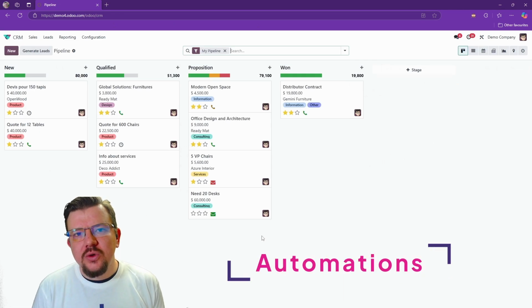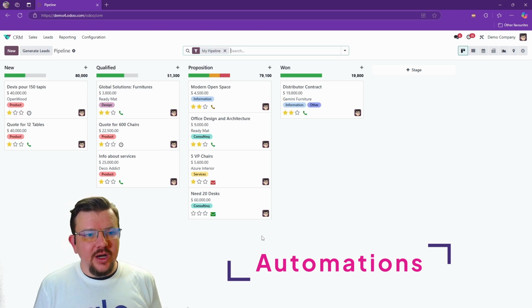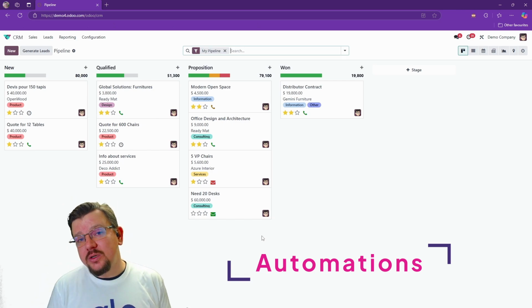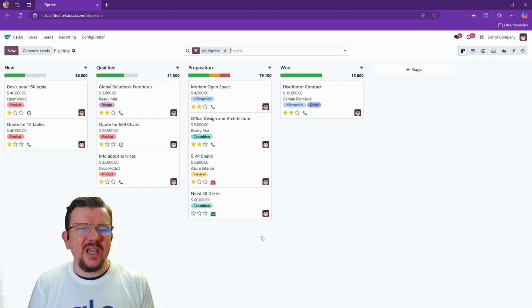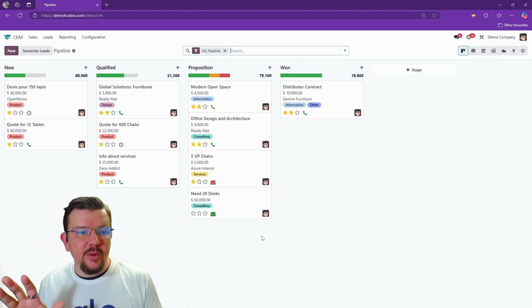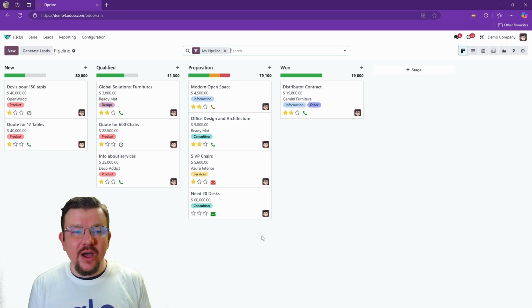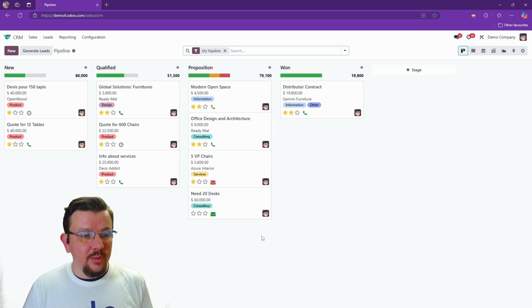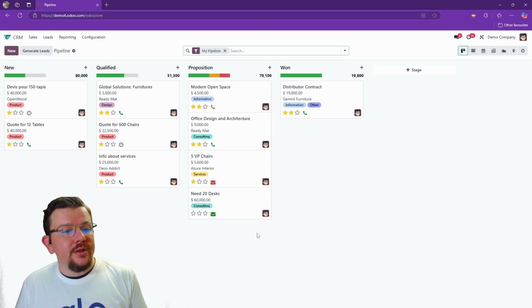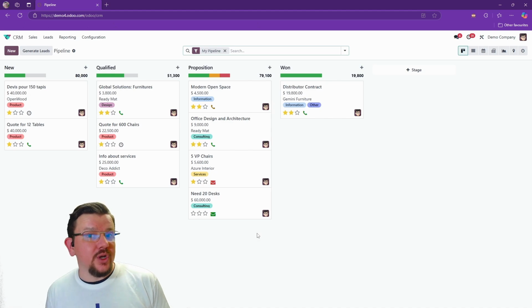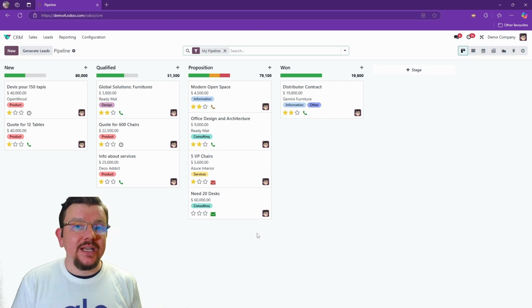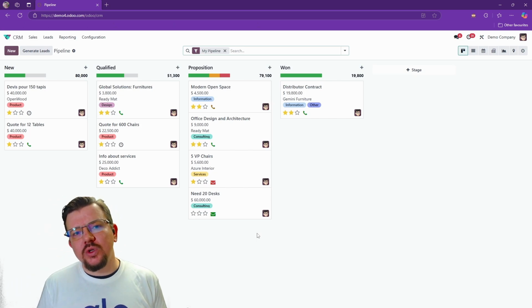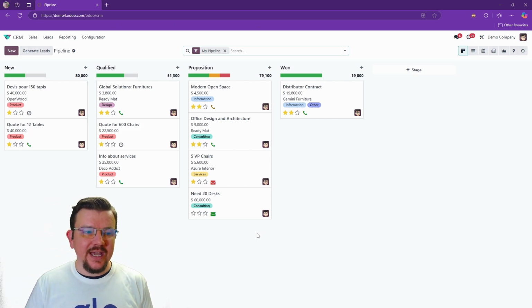That brings us on to the third feature that we wanted to highlight, and that is automations. Now, automations are covered by the Odoo learning videos that are available on their website, but we felt they kind of breeze over them a bit too quickly, and you don't really get a sense of how powerful these automations can be. Let's say, for example, that your leads come in via your website contact form. Odoo will create the lead for you, but no one knows it's there until someone goes in and takes a look. We can use automations to make sure that nothing gets missed.